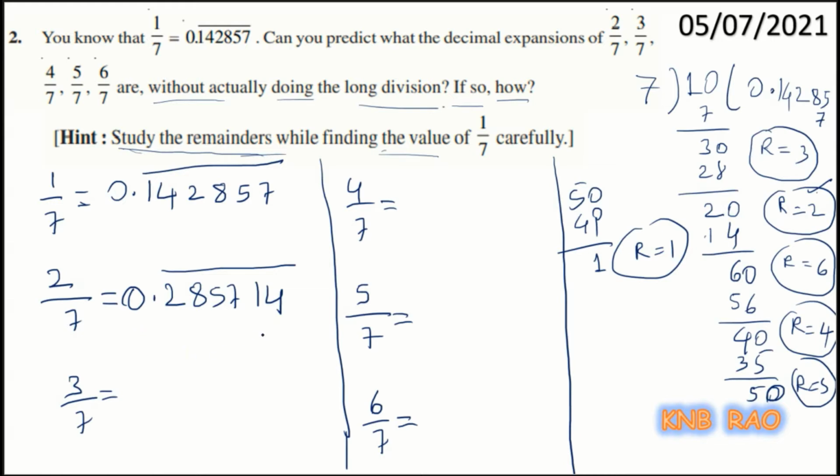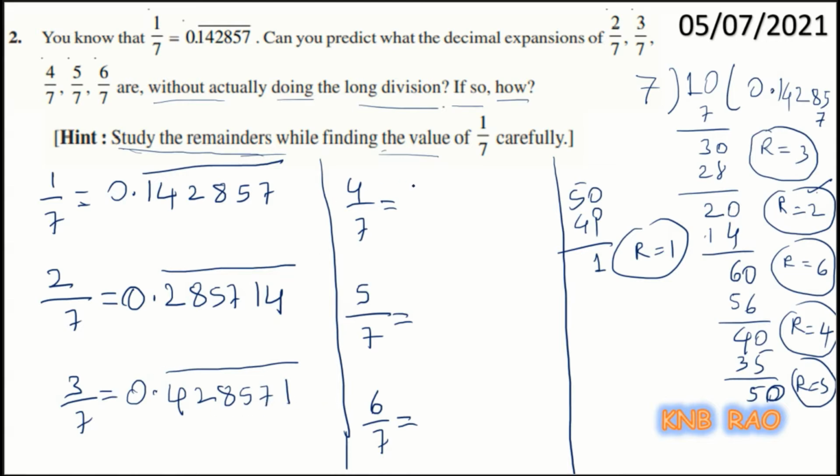Now, let us see what would be the 3 by 7. Where is the remainder? The remainder is 3. So, that starts from 4, right. When 3 is the remainder, then in the quotient the decimal digit 4 has come. So, I say without division, it starts from 4: 4 2 8 5 7 1 is the value of 3 by 7. So, 0.428571 in the same order will keep repeating.